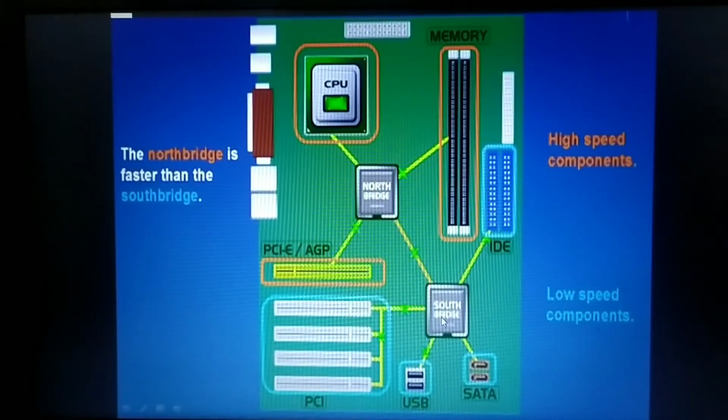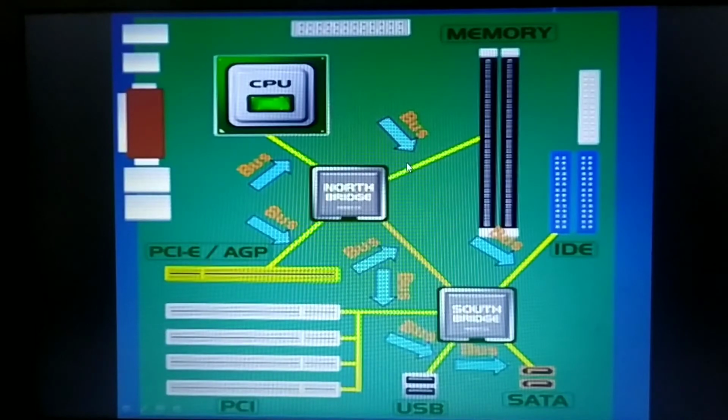So the north bridge and the south bridge are acting as intermediaries between the various components on the motherboard. I hope you are understanding. Both the north bridge and the south bridge make the connection to the various parts through the pathway called the bus, which I have already explained. And what is this bus? It is simply a pathway that allows data and signals to travel between the components on the motherboard. This motherboard contains various kinds of bus.